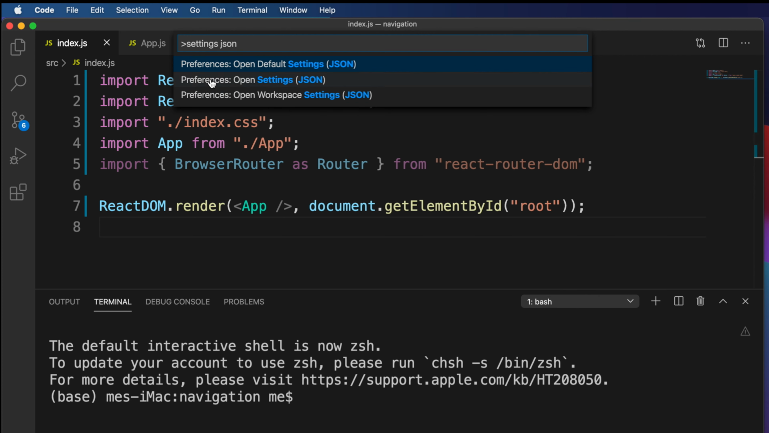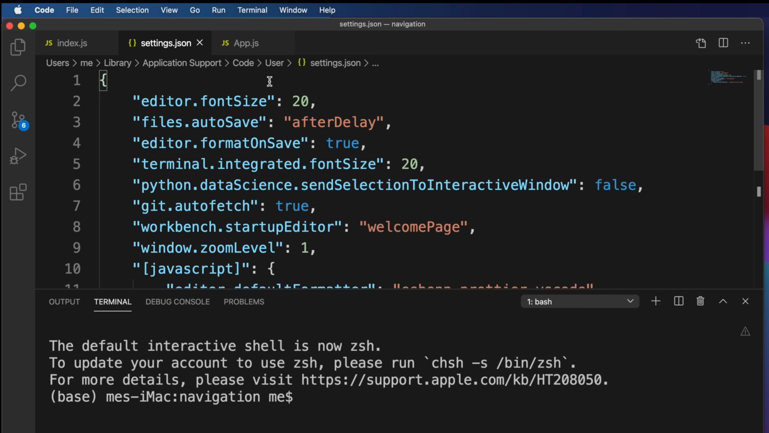Here we have to type settings, then JSON, and here we'll see a number of options. So we have to choose this one, Preferences: Open Settings (JSON). We have to open this one. So I'm going to hit this option, and once we hit this option we'll find there are a couple of things